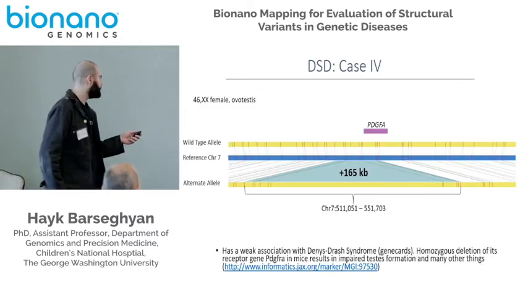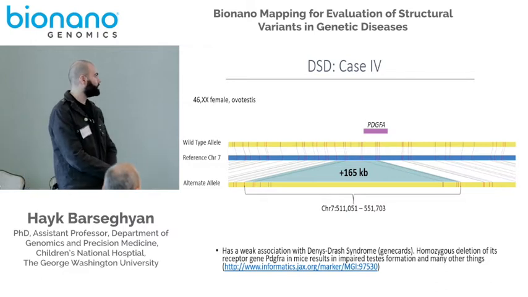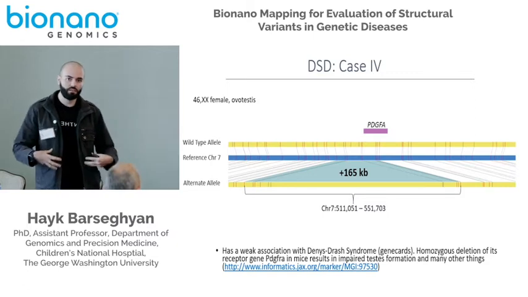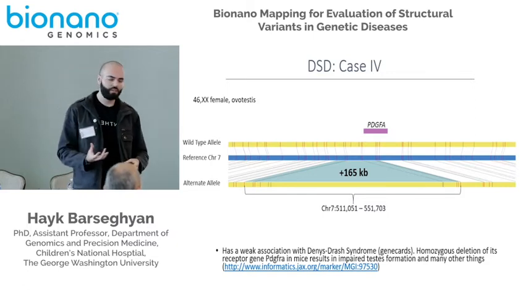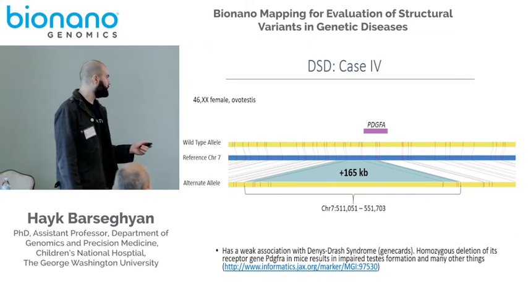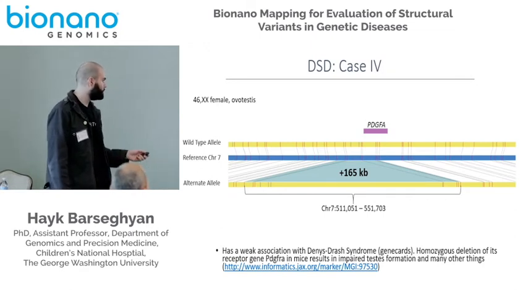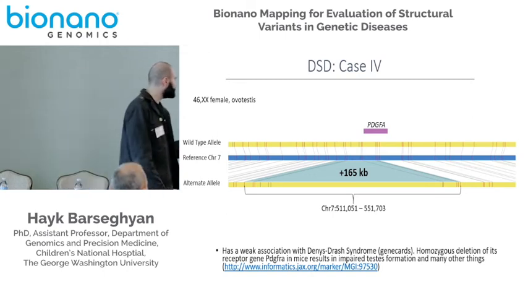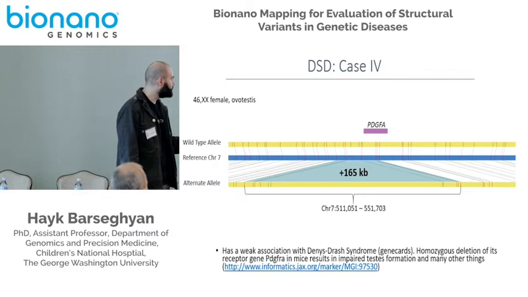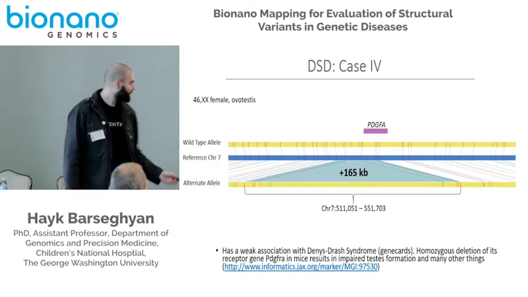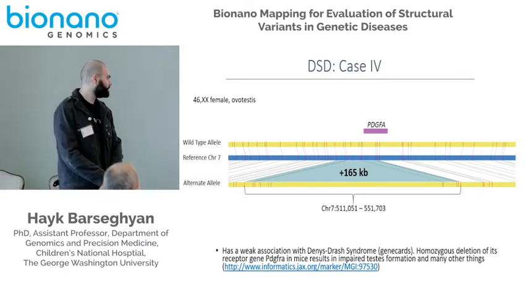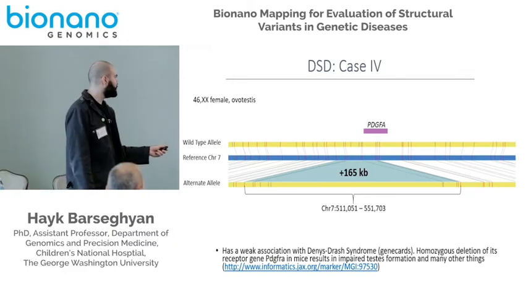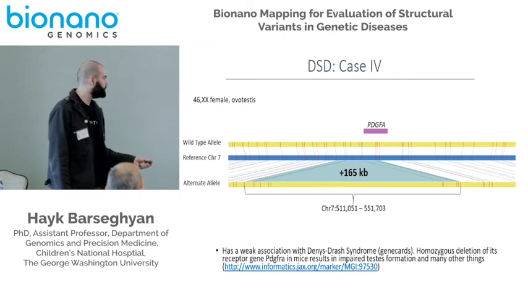The last case of DSD that I'm showing here is a 46XX female with ovotestes, which is basically some masses in the gonads. You have testicular tissue as well as ovarian tissue, and we identified a 165 kilobase pair insertion here. It's upstream of PDGFA, but because there are no labels in that gain of material region, we don't really know if it's actually a duplication of PDGFA, but we do know that the receptor of this PDGFA gene has been associated